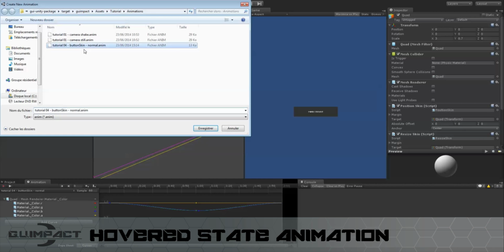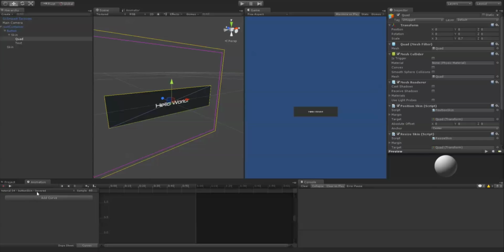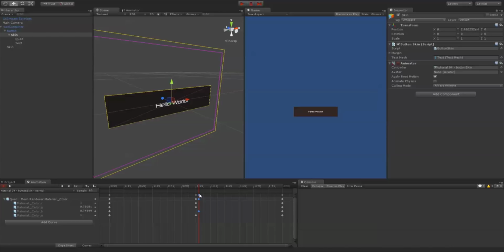So let's create a new animation for hovered, and we can change the background color. So let's copy and paste. Let's just use fewer frames than that. Okay, like this. So copy and paste it for hovered. So we get the same animation for now. Nearly. So copy and paste. Okay,